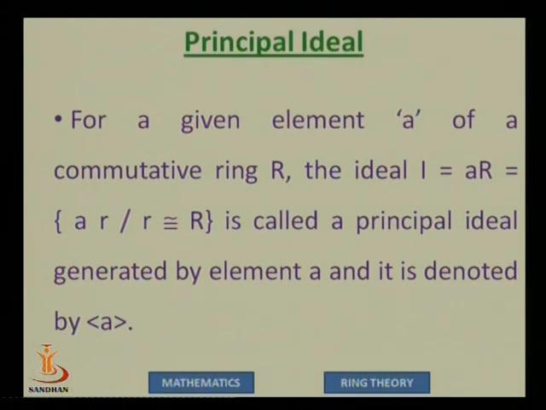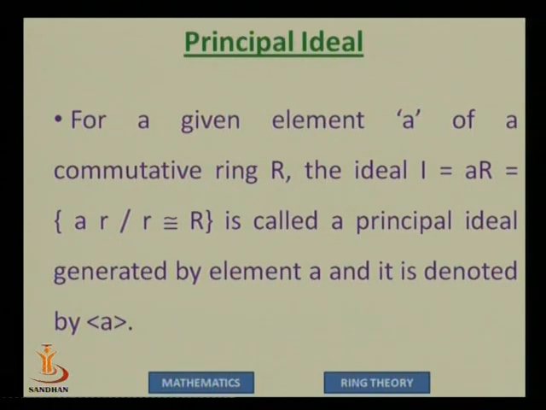One more definition. It is the definition of a principal ideal. Let us see how we get a principal ideal. Suppose we have a ring R and we take any element in ring R. Suppose that element is a. Now we multiply the whole ring with a. Then we get a set. That set is called the principal ideal generated by element a. So we'll take an example.